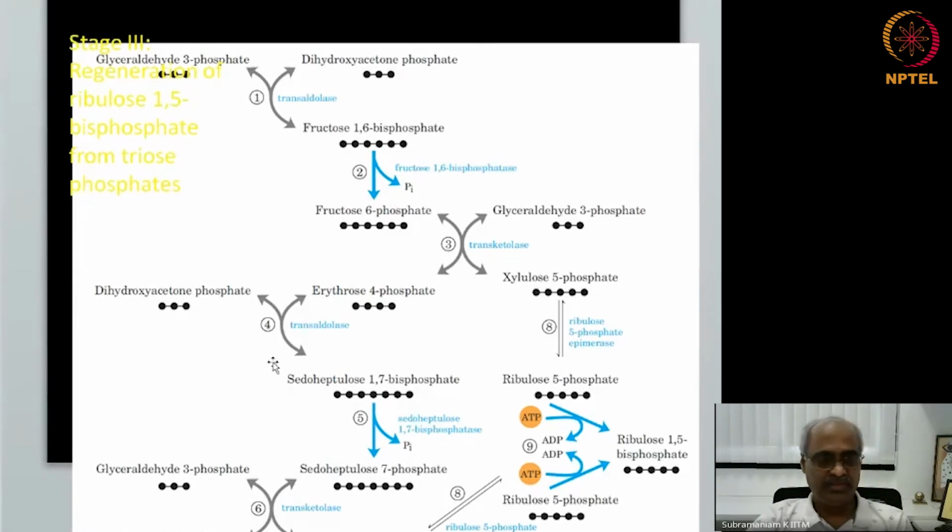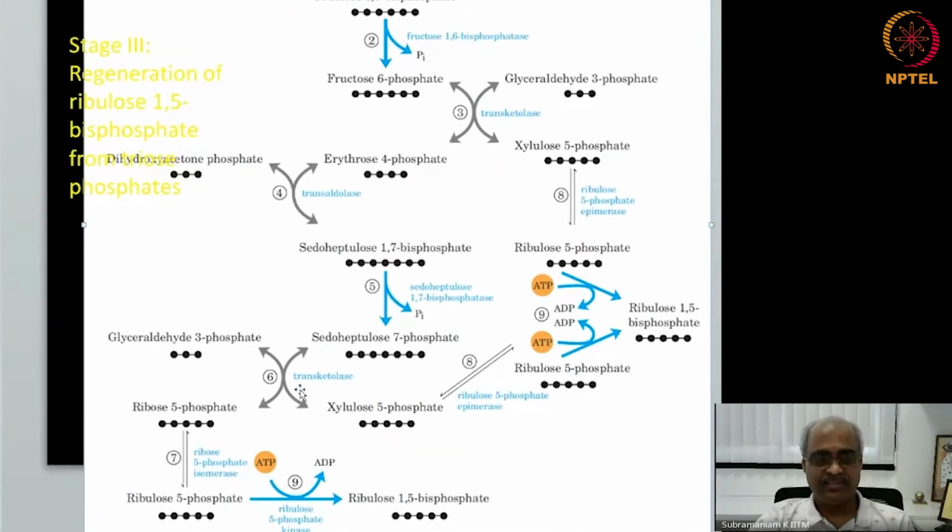And the fourth step is another dihydroxyacetone phosphate combining with this 4-carbon erythrose phosphate, a transaldolase reaction, the same enzyme as that, making the 7-carbon unique molecule that you will not encounter outside chloroplast. Okay, and this enzyme, sedoheptulose 1,7-bisphosphatase, is unique to chloroplasts, and this is again an exergonic irreversible reaction making sedoheptulose 7-phosphate, and this molecule